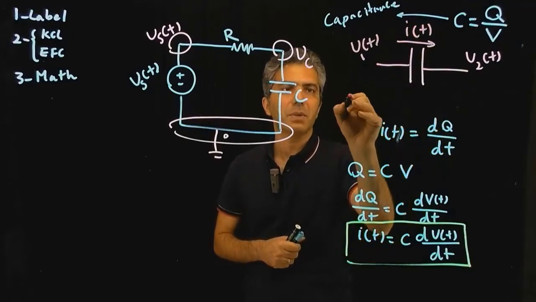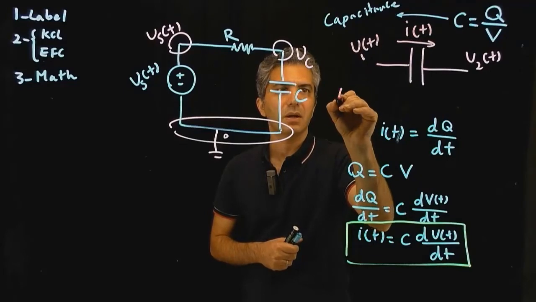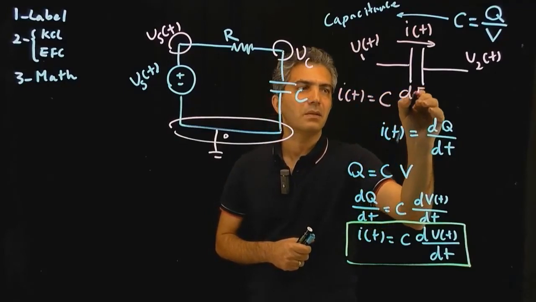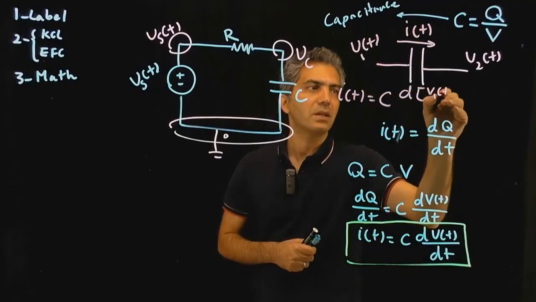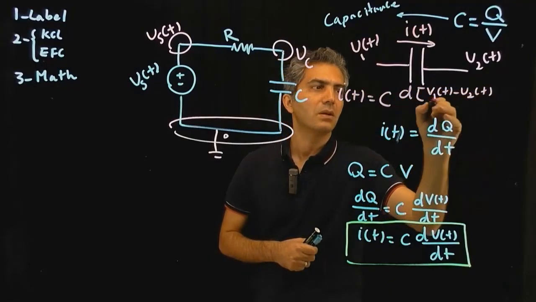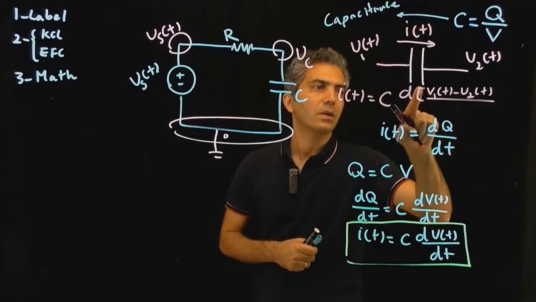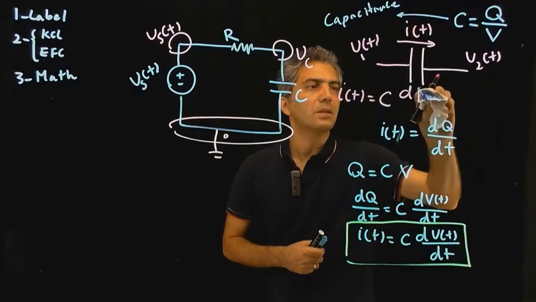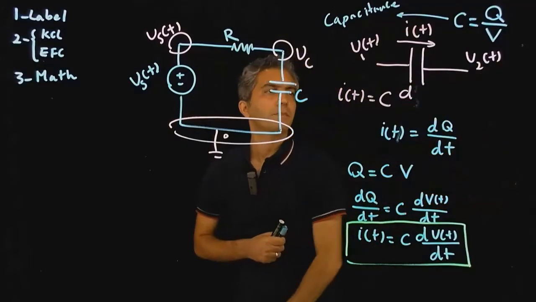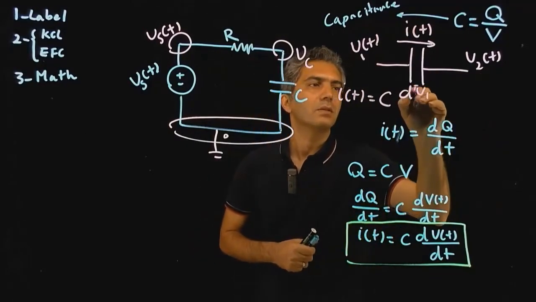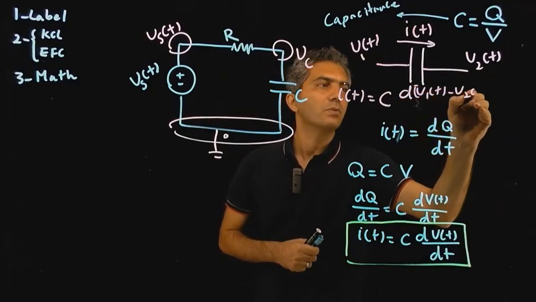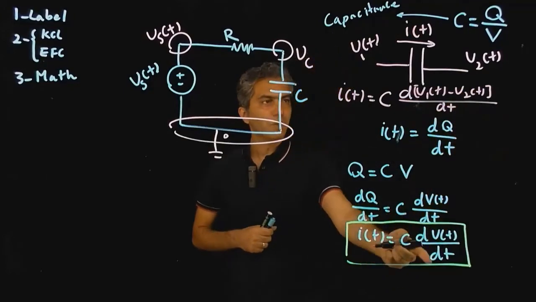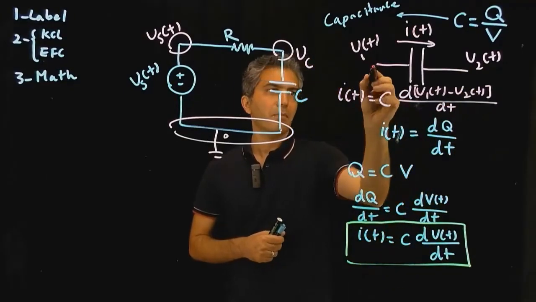and the equation for the capacitor is IT is equal to C d(V1T minus V2T) over dt. This is the same thing. The only difference is that I am